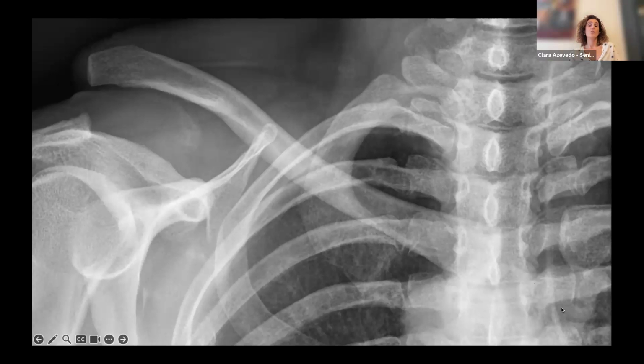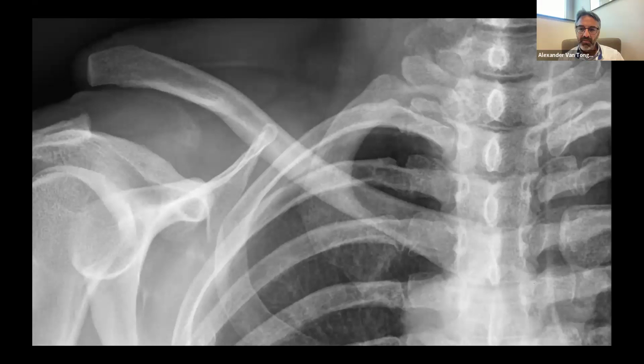Foremost, if you're going to do it arthroscopically, then I don't see any justification to do an MRI, because you're going to see all the lesions arthroscopically. So in my hands, I don't typically order an MRI in this setting. Okay, very nice. Any other comments on the technical investigations that we need to do in this case?